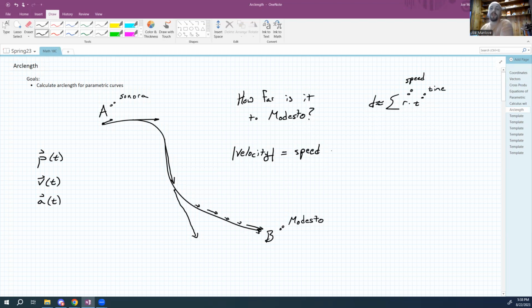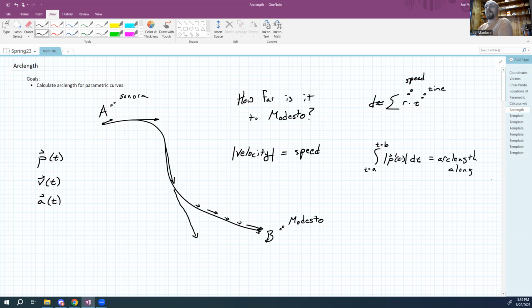So what I want to do is add up over the curve, right? I'm going to add up from a starting time A to a time B. And I don't want to add up the positions because I don't care where I am. I want to add up the absolute value, in this case, the magnitude of V of t. So I'm going to add up the magnitude of P prime of t dt. And this is going to be the arc length. So this is equal to arc length